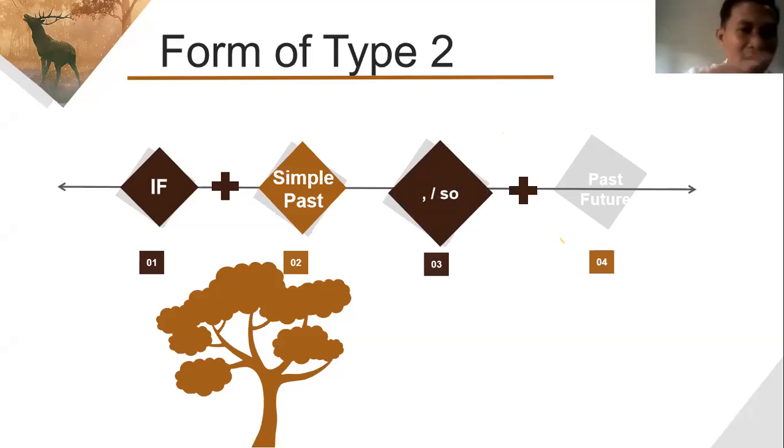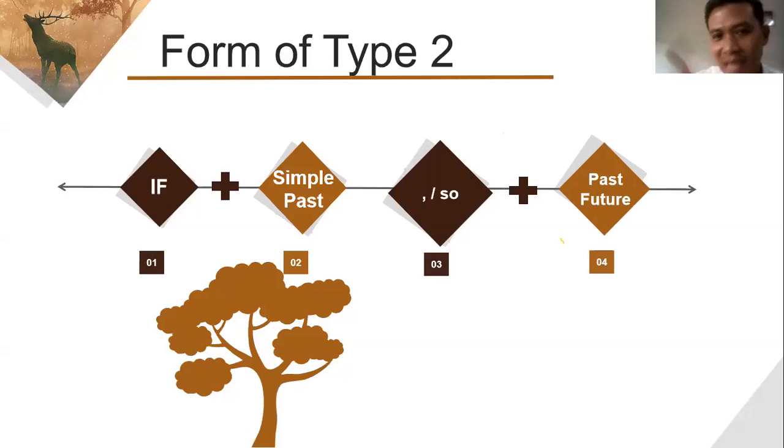Okay, and then if I ate my breakfast, comma. So just forget about "so". I used "so" just to help you, to show that the next sentence is the result. For example, if I ate my breakfast, comma, and then the next